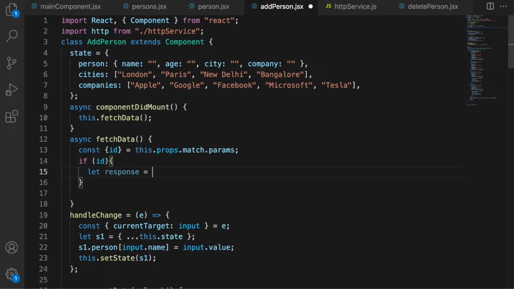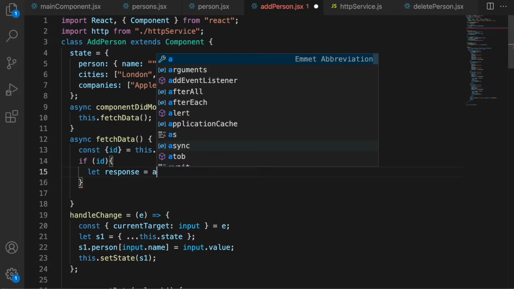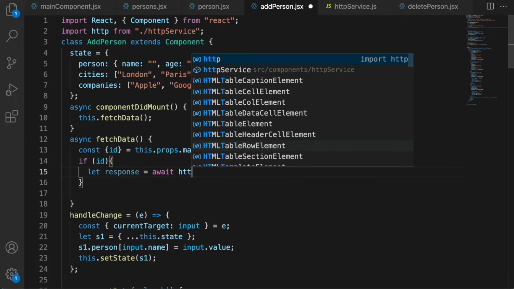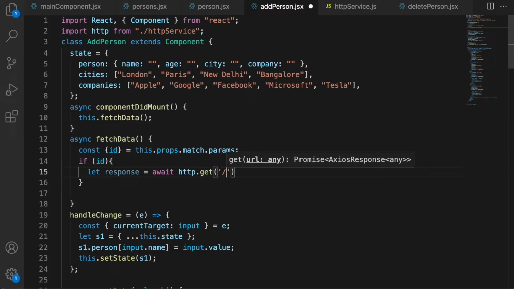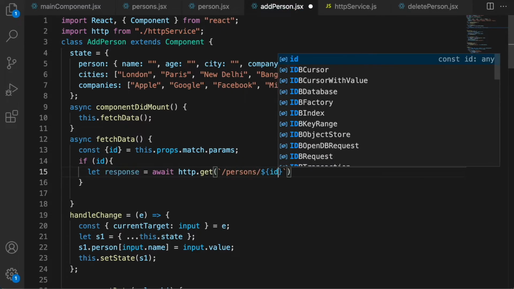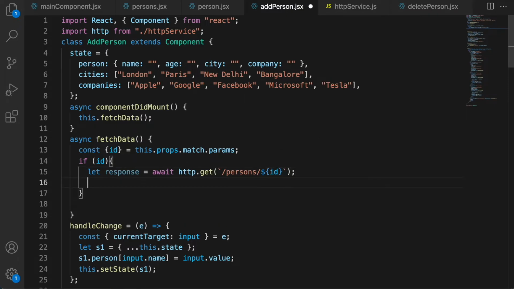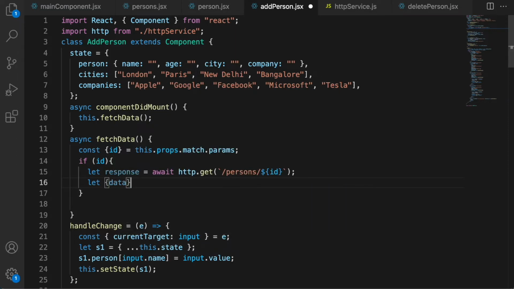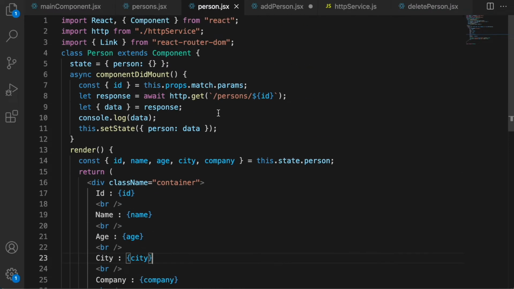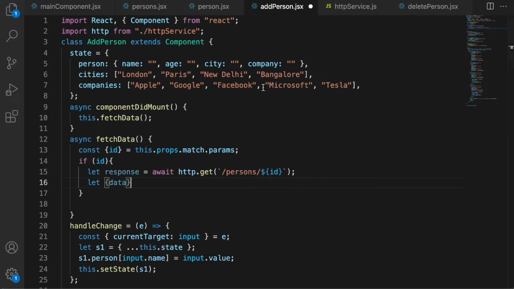Let response is equal to await http dot get slash persons slash, we will get the details of this person. Once we get it, let's figure out the data. How do we do this here? We get the data from the response. So let's do the same thing.